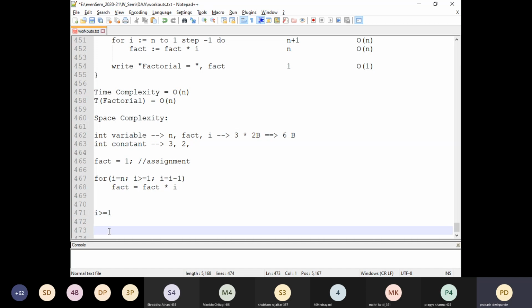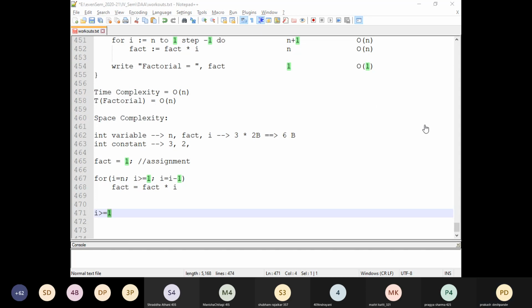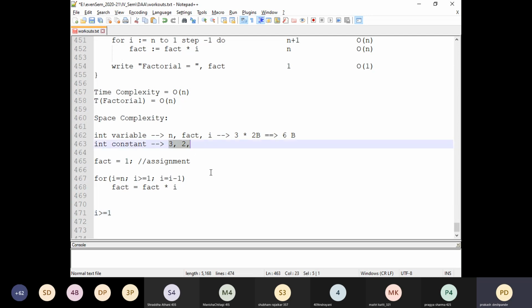So the left hand side is a memory space which is occupied as part of the variable, but the right hand side is also a memory space, which is a constant. Since it is a constant, what is the data type associated with that constant? What is the data type of this number 1? It is an integer constant. That means we have figured out one constant in this algorithm.